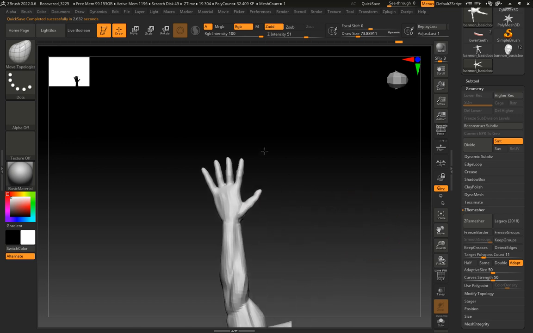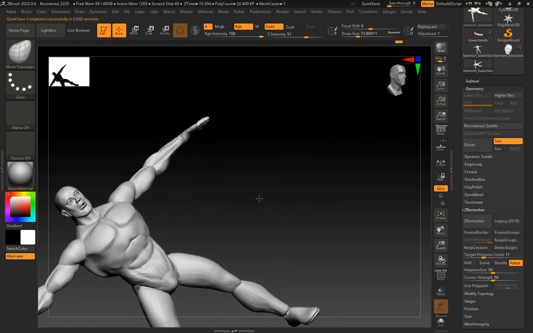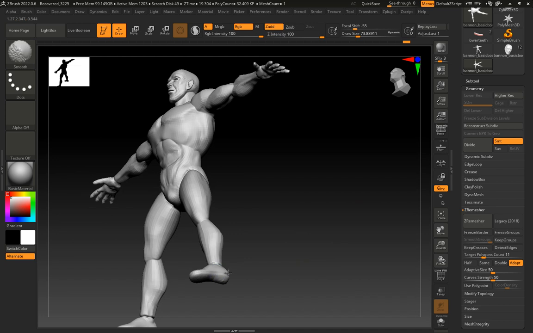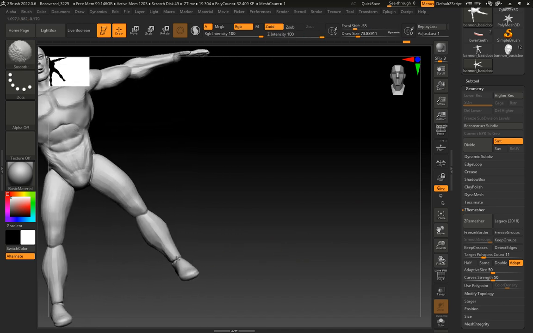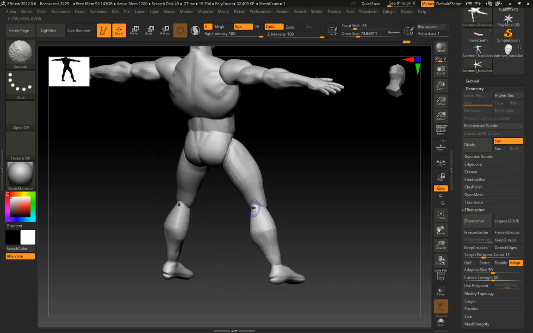Okay, so all these can be fixed, but this is pretty cool. I'm happy with what I have here so far. Go ahead and smooth some of these areas, and yes. So from here,